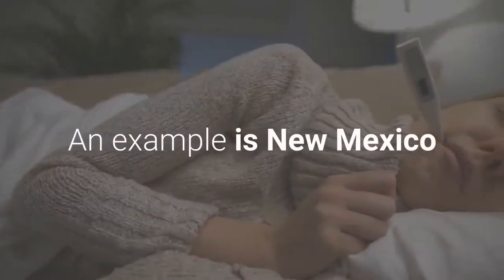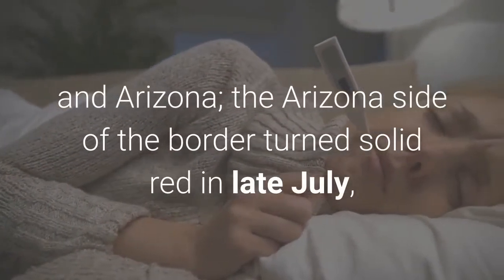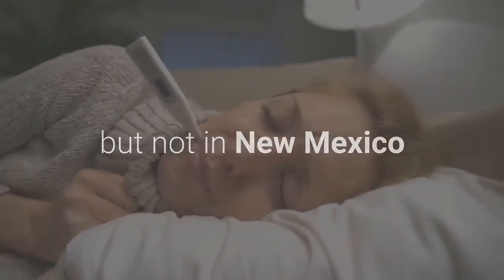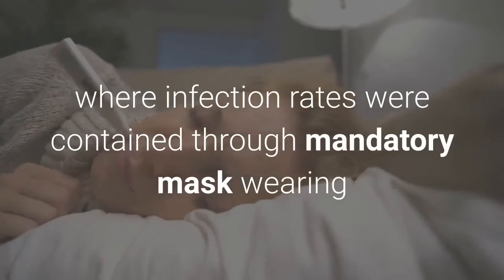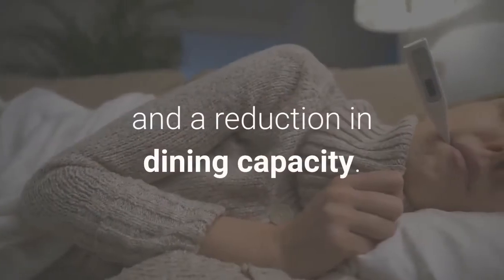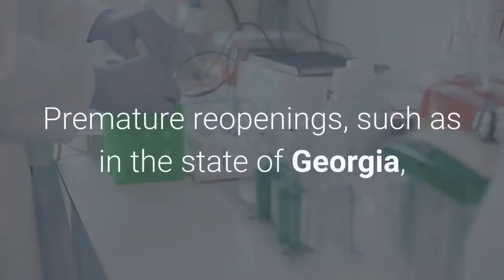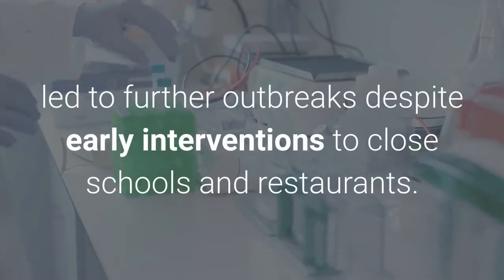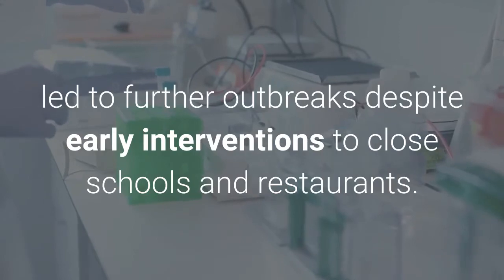An example is New Mexico and Arizona. The Arizona side of the border turned solid red in late July, but not in New Mexico, where infection rates were contained through mandatory mask wearing and a reduction in dining capacity. Premature reopenings, such as in the state of Georgia, led to further outbreaks despite early interventions to close schools and